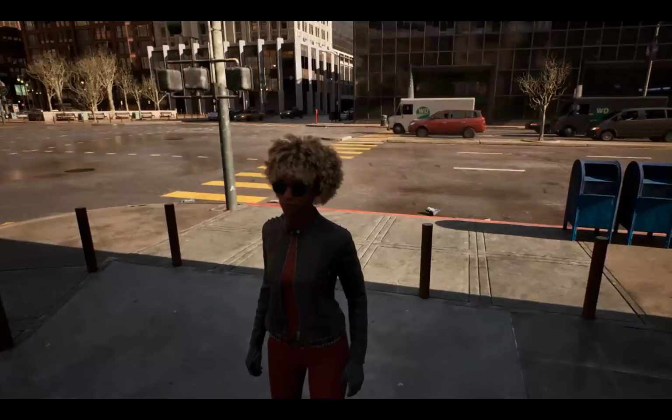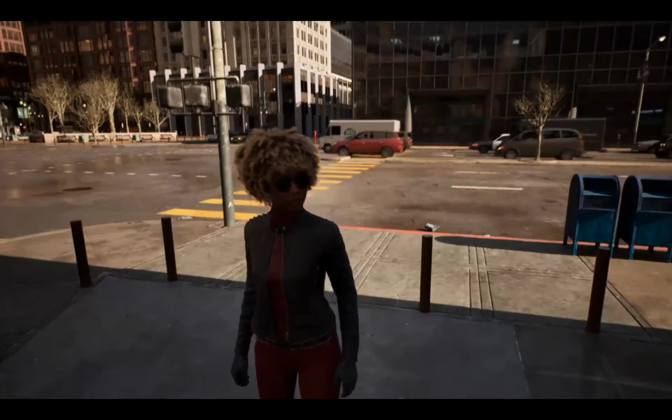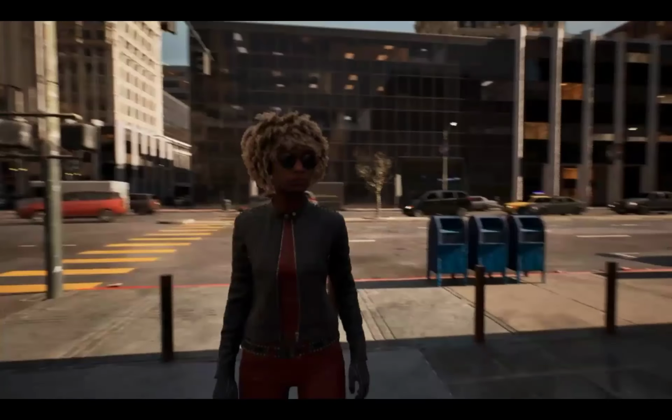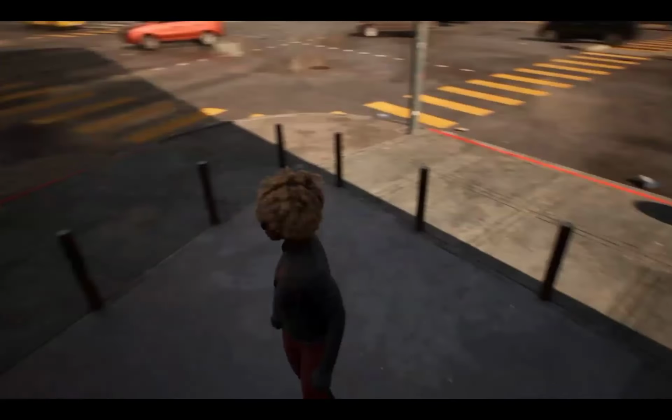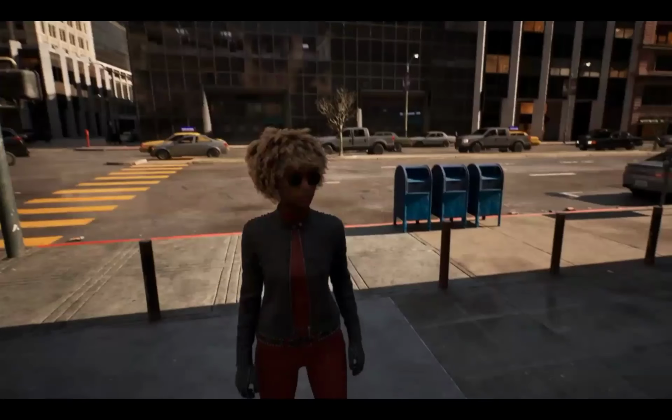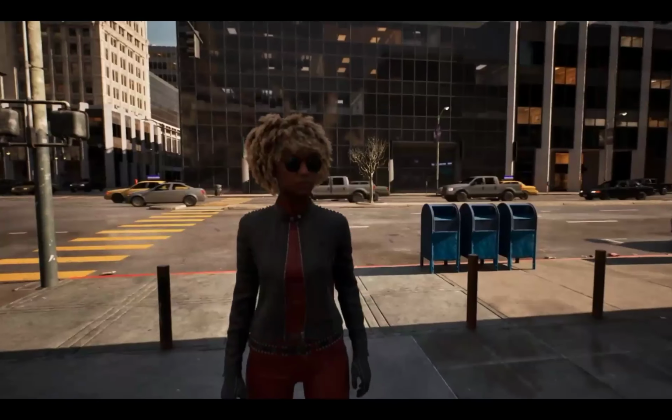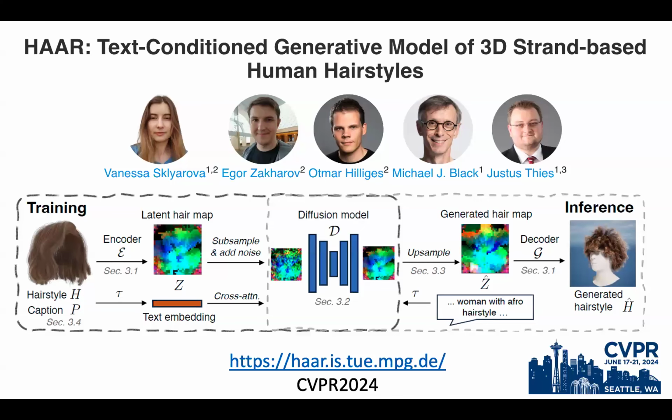So, but can we just use AI to solve that problem, to automate the artists? This is a standard scene with a metahuman in it. What's interesting here is the hair of this woman is created by a generative model. Okay, so what's that? This is a paper that will also appear